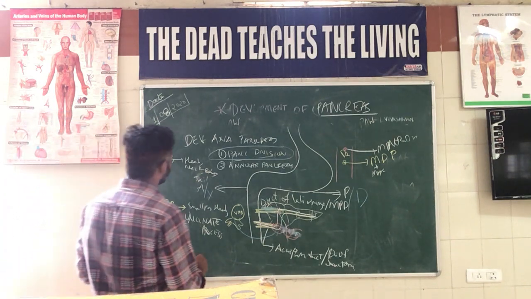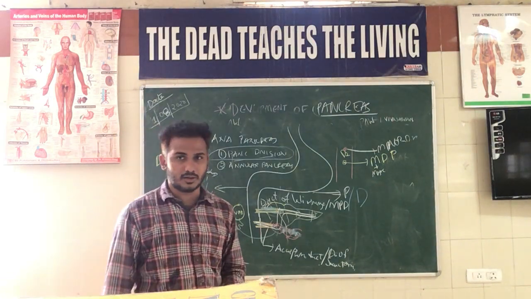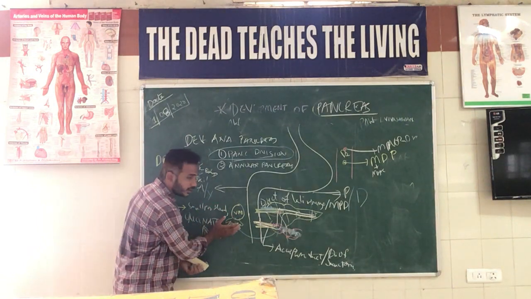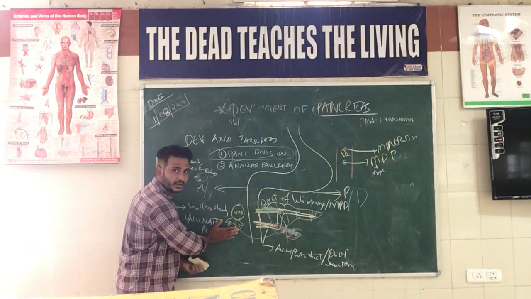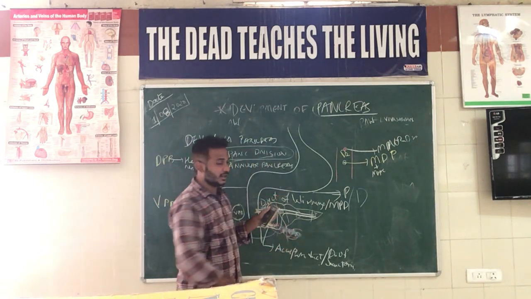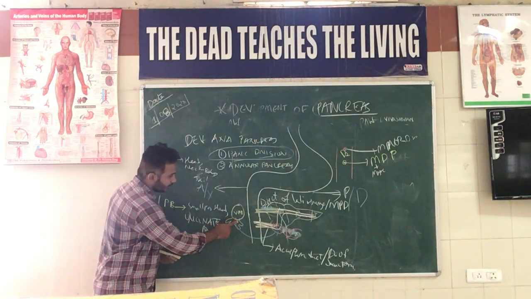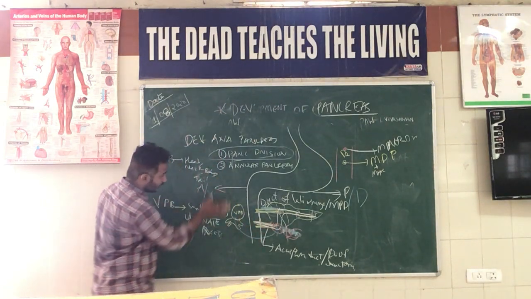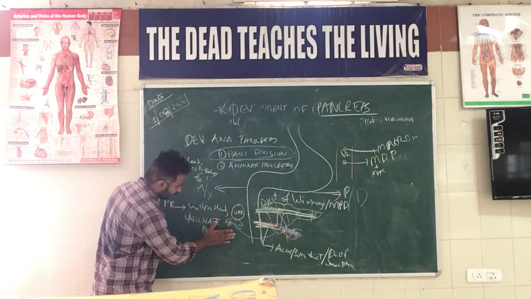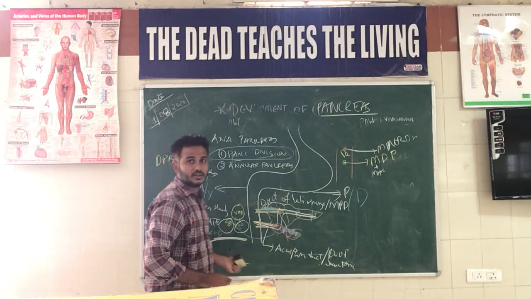Then we have one more thing called annular pancreas. For this congenital anomaly, we need to look back again. We understood that the ventral pancreatic bud, which is there on the ventral aspect, during the process of development will reach the other side, and then they will fuse. We also studied that the ventral pancreatic bud, before rotating, is developed in the ventral mesentery, and before reaching the dorsal aspect, there will be a diverticulum.